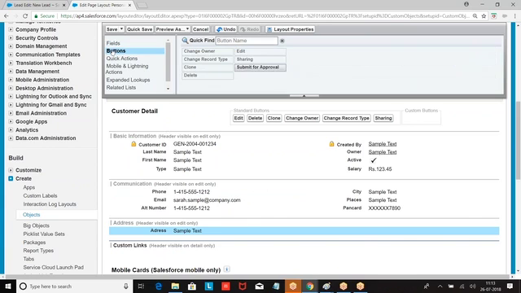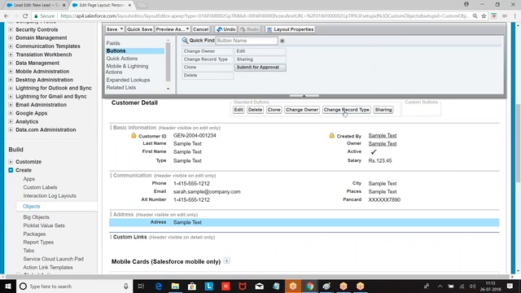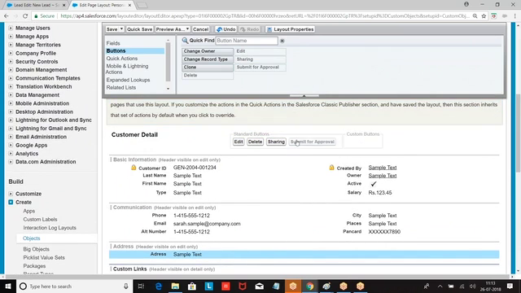Then on the top of it, what we have? Buttons. You are finding a button, right? Which buttons you want? If you don't want the buttons, remove them. Clone. I want submit for approval. Organize the buttons which you want. Right now, what we are learning is only this. We created fields. Now we are organizing the fields. This is only the topic which is covered as of now.